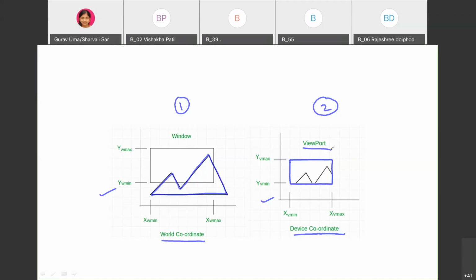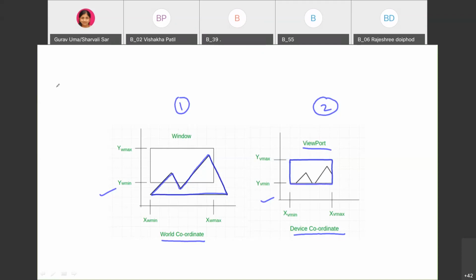Now see the diagram. In the windowing, all the object is visible, but when you display it in a display device, only the part which is present in the window is visible, and the rest is invisible. So the viewport defines what is to be displayed and where it is to be displayed. What is to be displayed is defined in the window, and where it is to be displayed is defined in the viewport. So only the window portion will be visible and the rest is invisible. This is the concept of windowing and viewport.